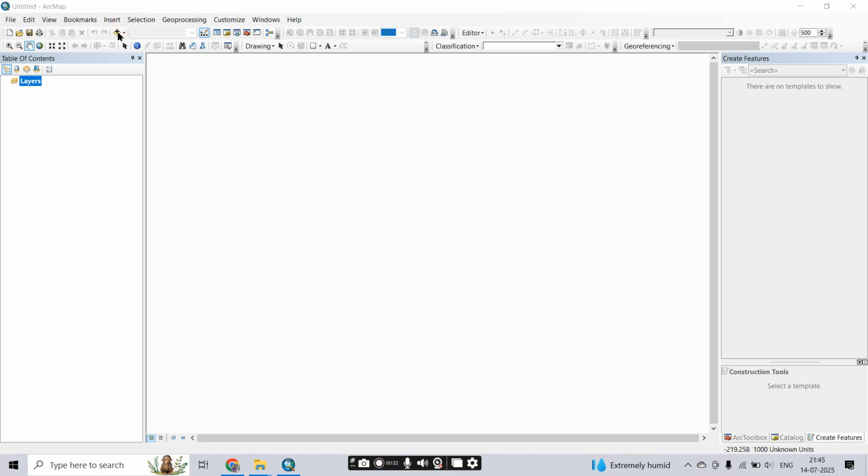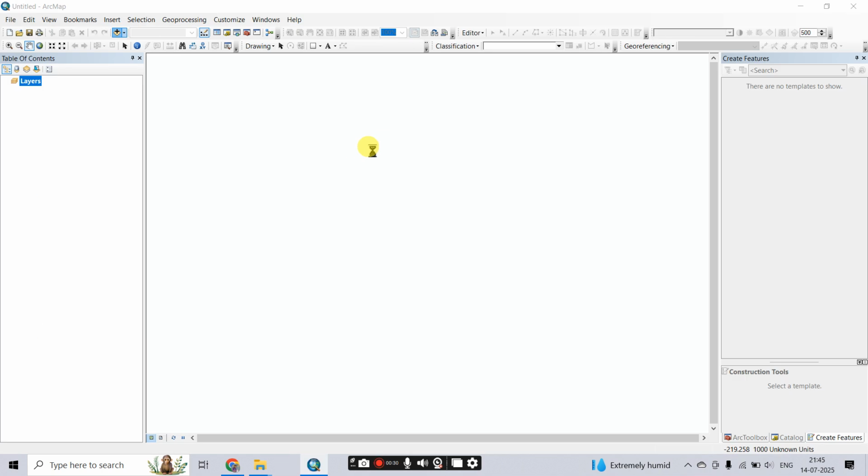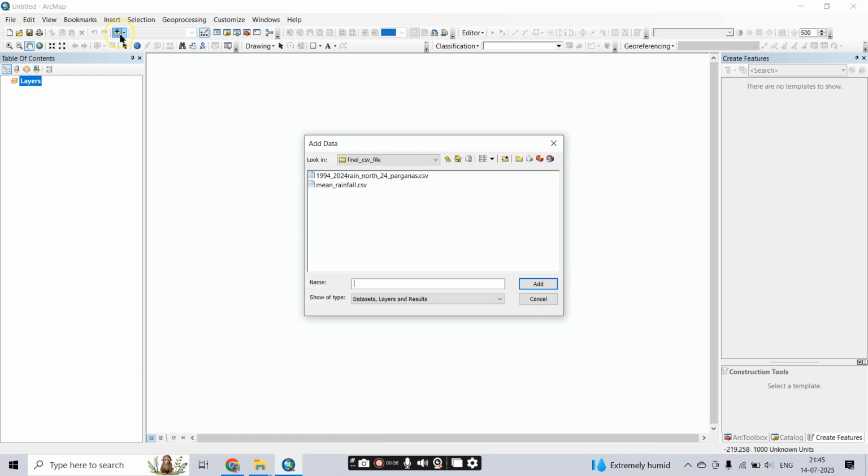This is a plus sign. Just click on that plus sign. You'll get a pop-up window, Add Data. Just click on that Add Data option, and from that plus sign,